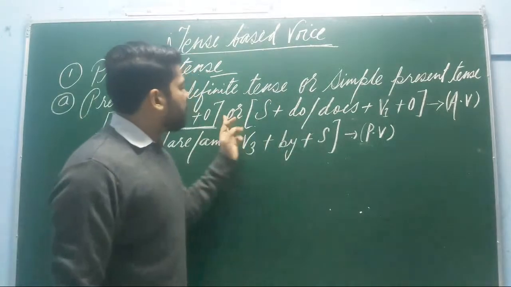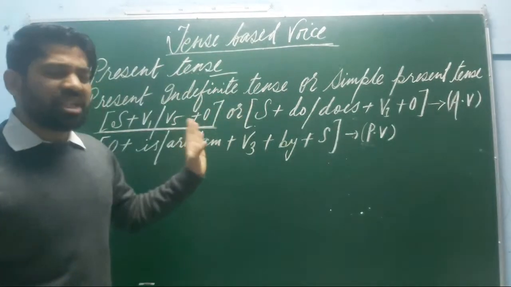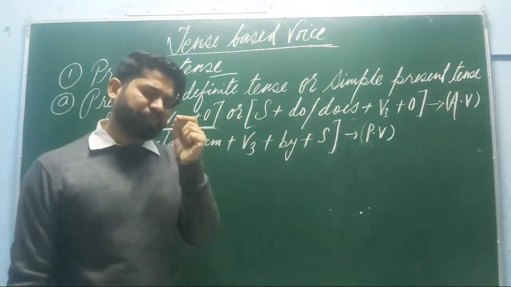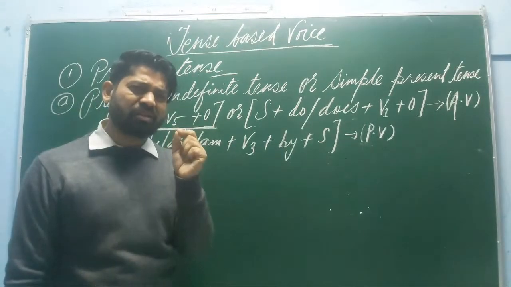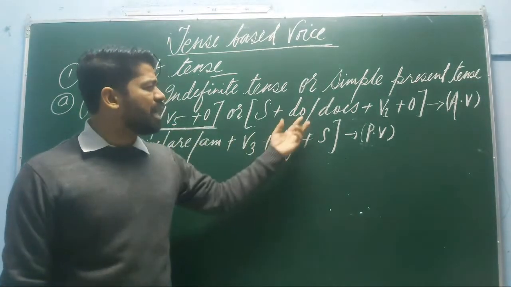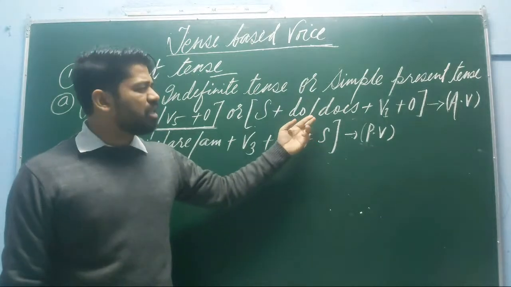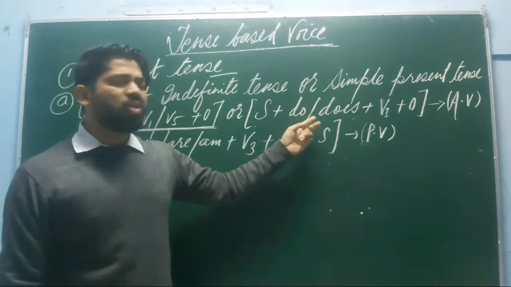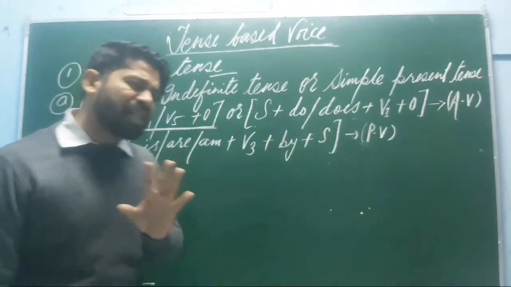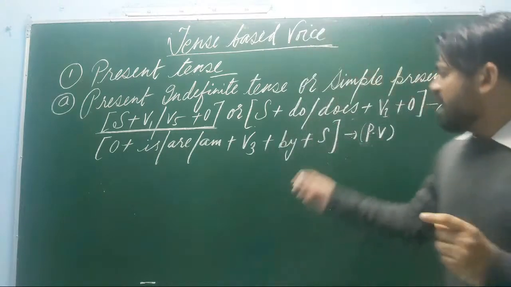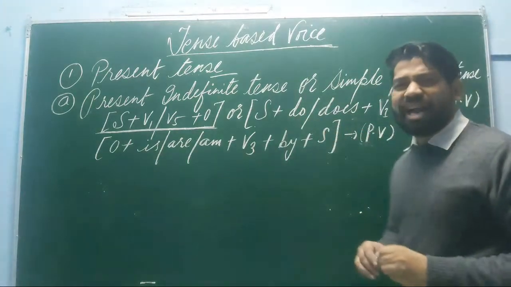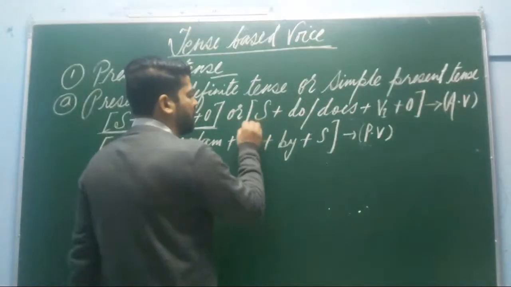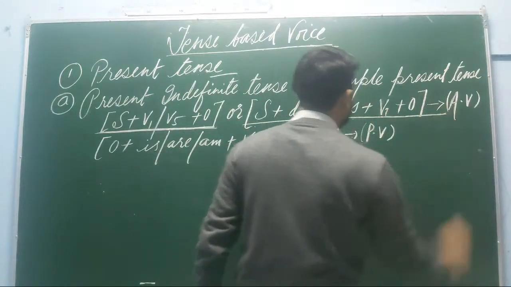There is another structure for the same simple present tense, that is the use of do orders. So you need to memorize it. This is a very small thing that you need to keep in your mind: in an English sentence, if there is the use of do orders, without any hurdle and without any problem you are quite capable of recognizing that the sentence is of simple present tense.